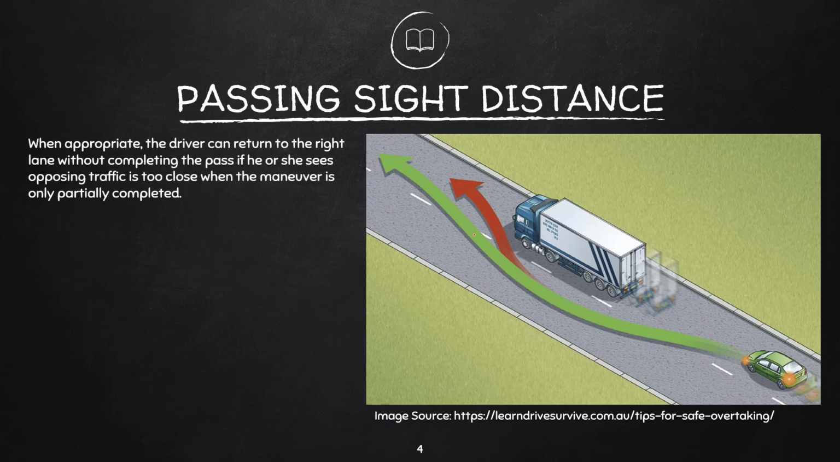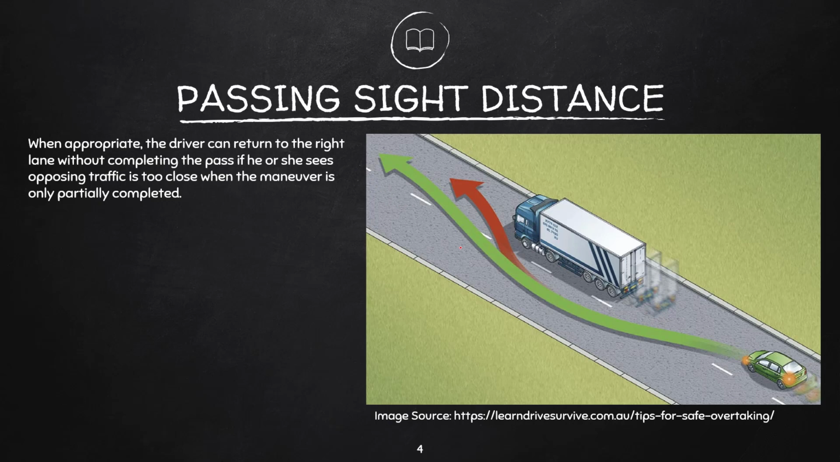When appropriate, the driver can return to the right lane without completing the pass if he or she sees that an opposing vehicle is too close when the maneuver is only partially completed. So let's say, for example, you have another car here that is moving opposite the direction of the truck and the green car. And by the time that this green car is at the same speed and in the same position as the truck, but in the opposite lane, there is another red car, for example, here that it will meet,